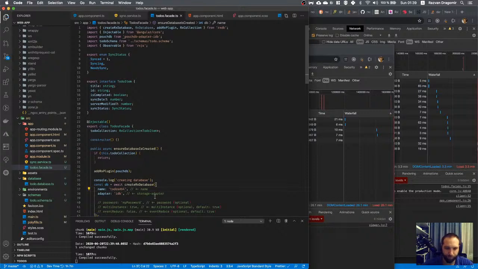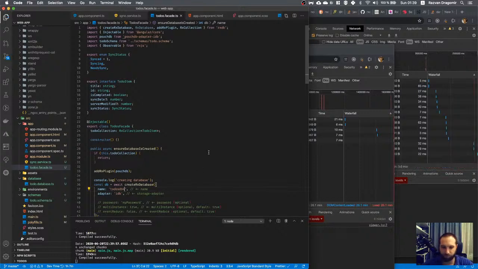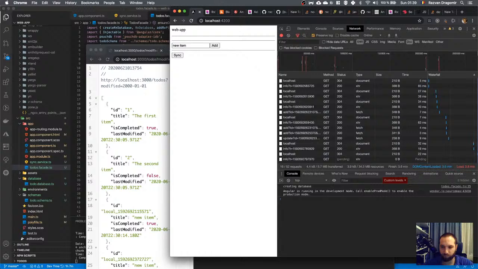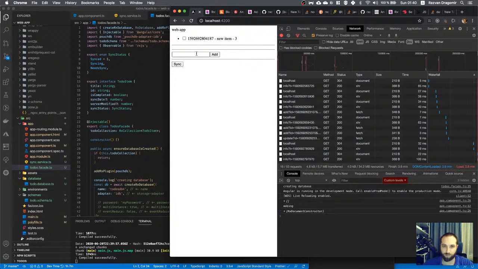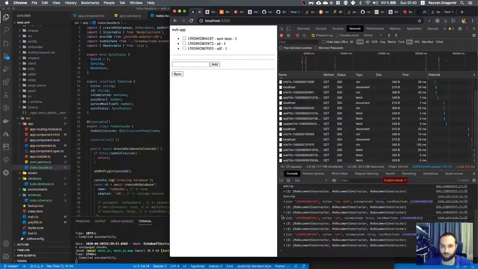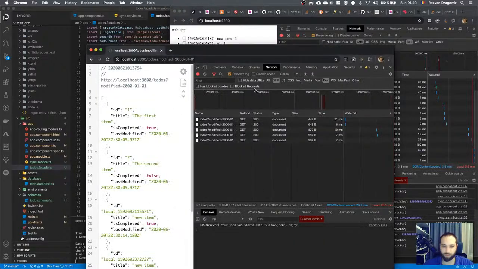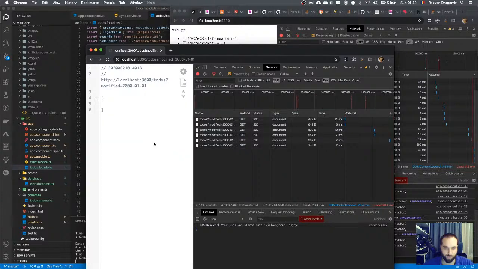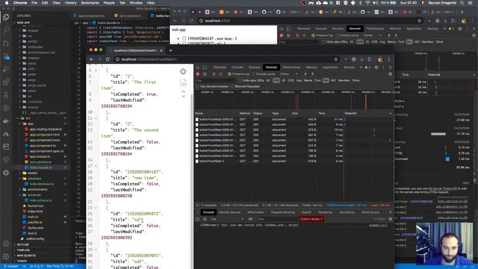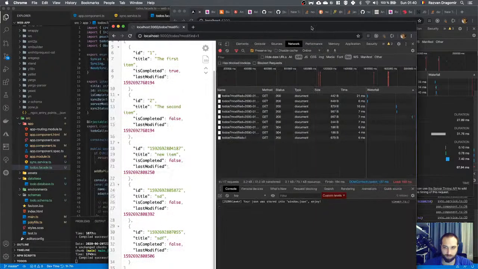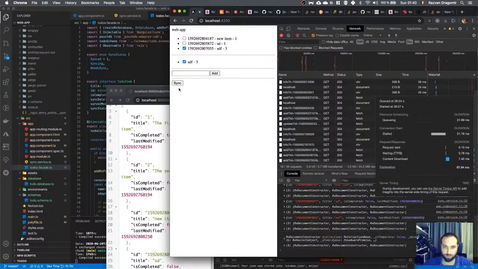Four. Great. Add sync. There should be 3 items. Oh, no item modified. Oh yes. 1. So 3 items. Good. If I say complete sync,